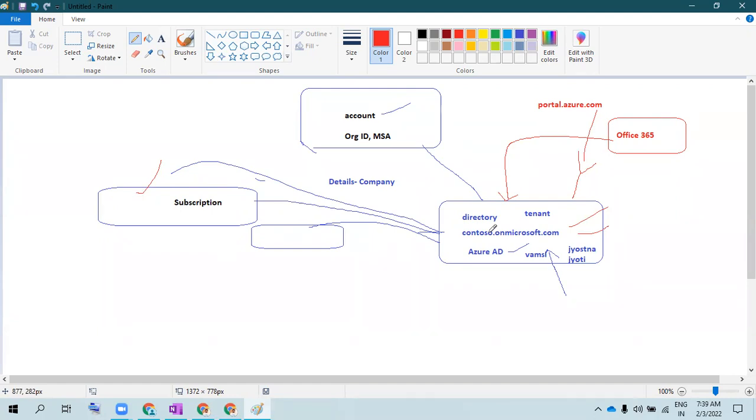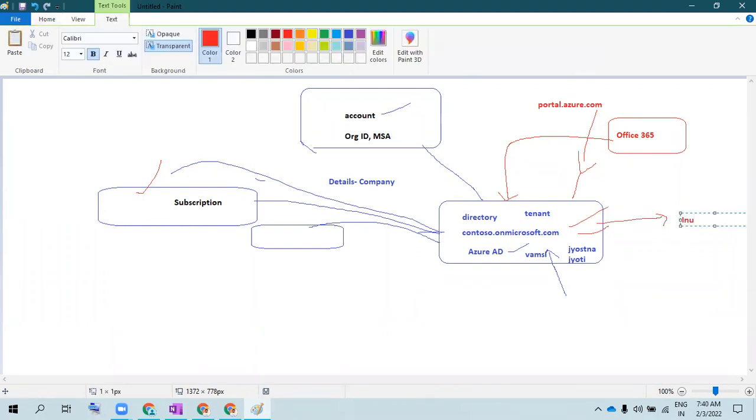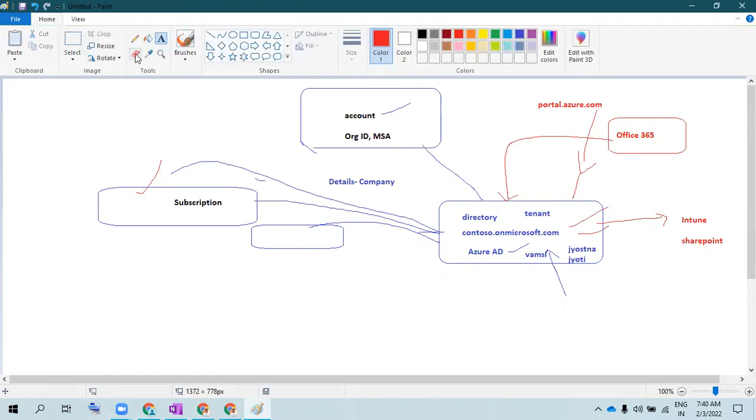Okay, so let's say I want to use the same directory for Office 365 and Azure subscription. There are other Microsoft products like Microsoft Intune, okay, Intune, and Microsoft SharePoint Online, right? There can be various other products as well, right? So for those products also, if you want to use Azure AD, the same tenant, right? Instead of creating different tenants, different accounts, you can use the existing tenant, existing directory to subscribe for these products